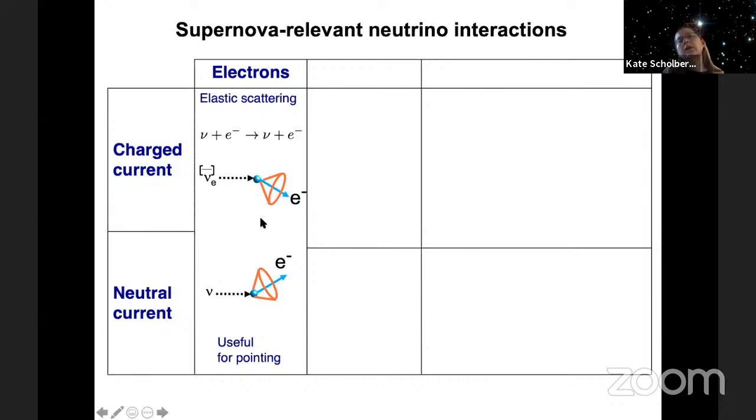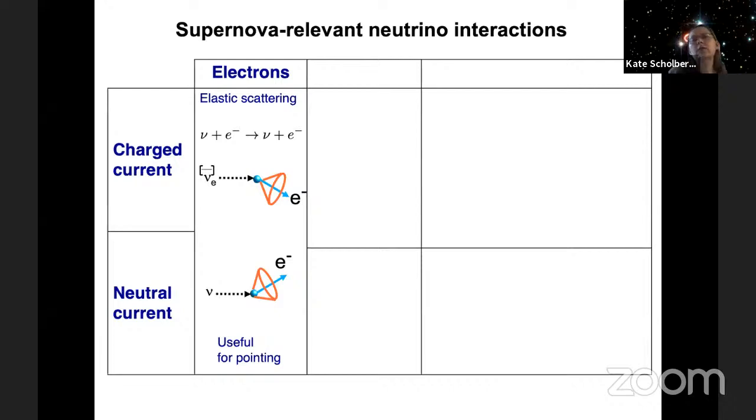And this is actually a pretty small probability. You can say electrons are kind of small targets, so you have a low rate per electron. But it still happens, and it's quite a significant interaction for supernova neutrino detection, because this is